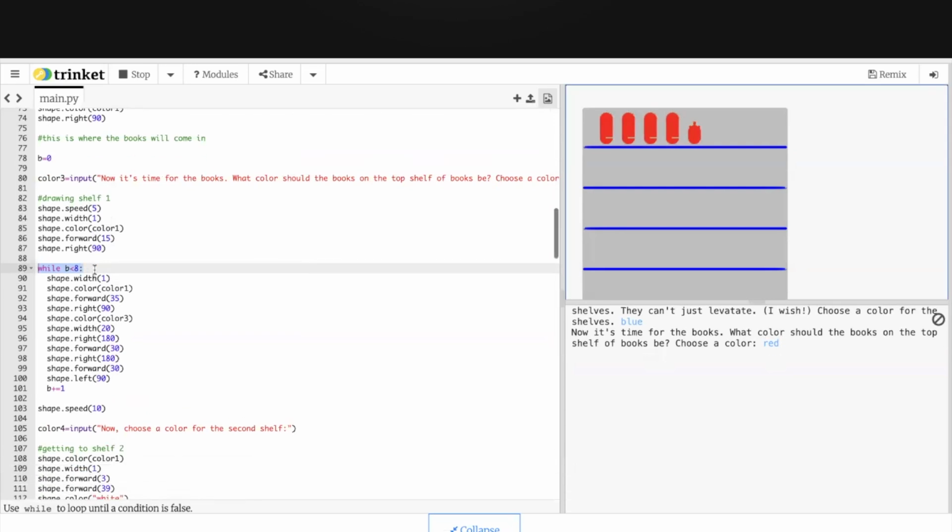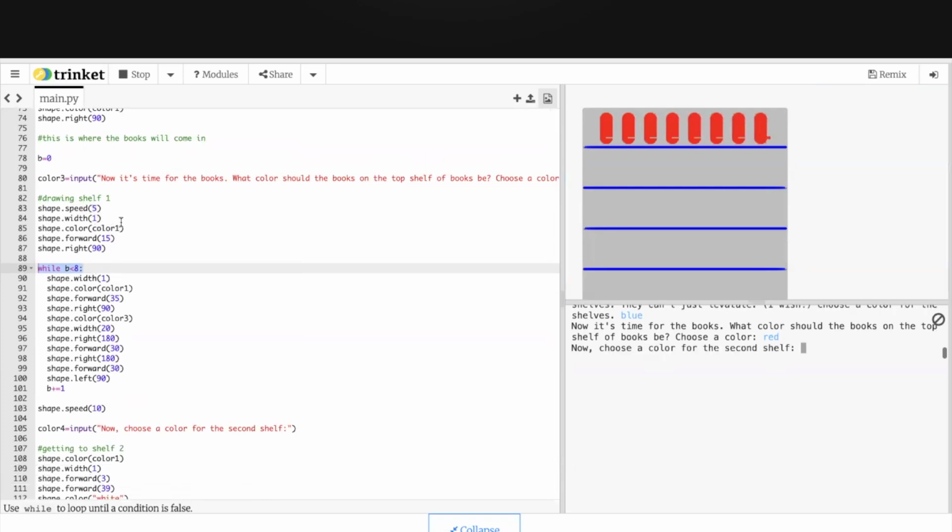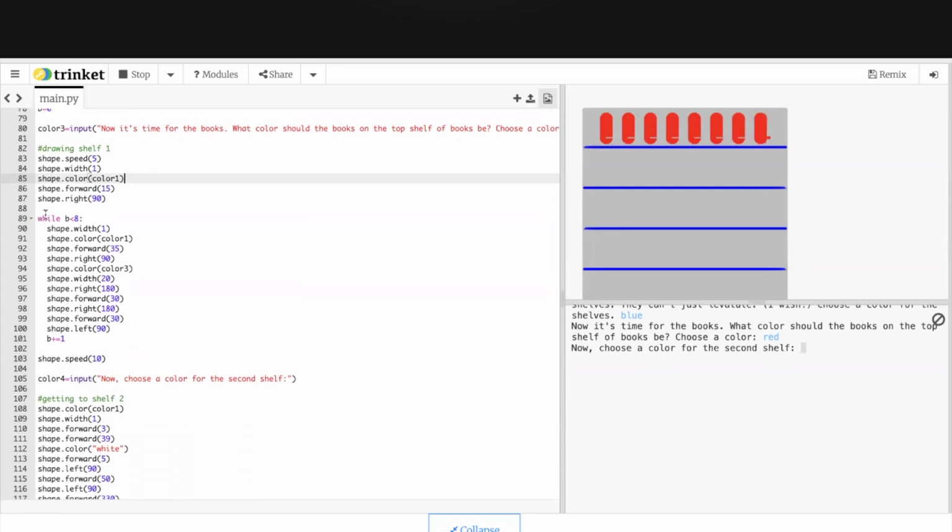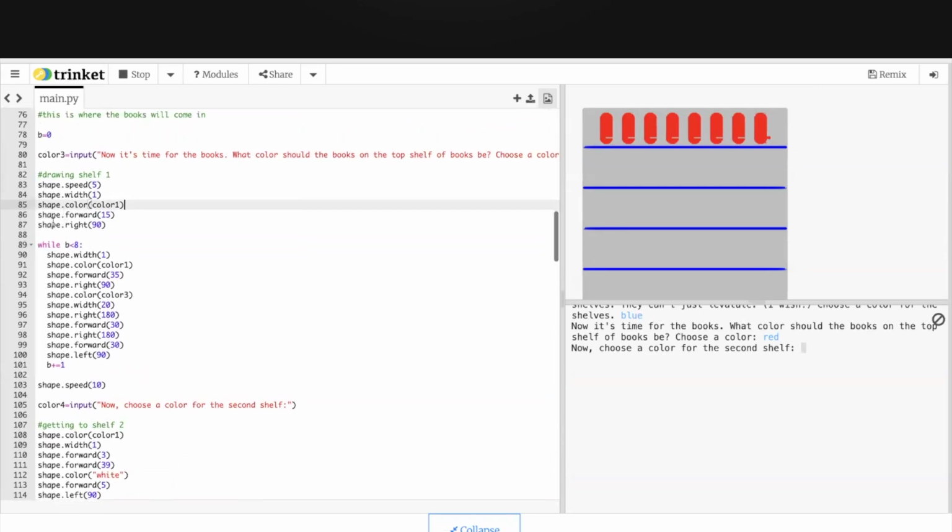And so they adjust the speed and width, and again, they set this initially to the color of the bookshelf so they can get into the position that they want to be in. And then when it comes to drawing the actual shelves, they use a while loop, while b is less than 8. So as you can see, they increment b. So this loop will run a total of 8 times because they start at 0 and they run until b is less than 8. So first they use the bookshelf color, or the silver color in this case,